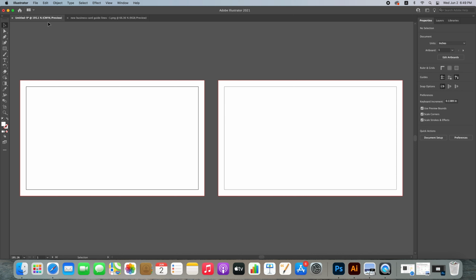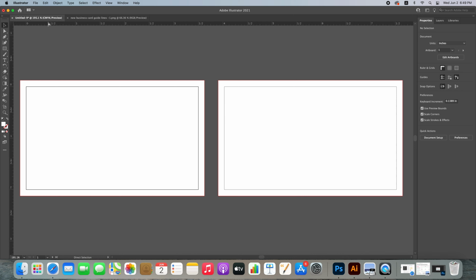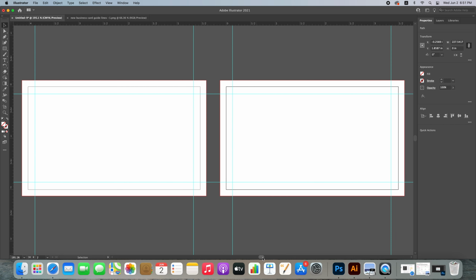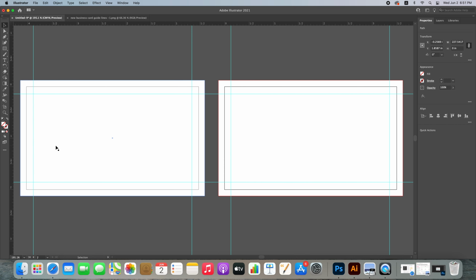So if you don't see guidelines on your screen, just press Ctrl R on your keyboard, and the guidelines will be shown on your screen. So just press Ctrl and draw the lines here. So when you have drawn the guidelines, then start your work, design your business card.